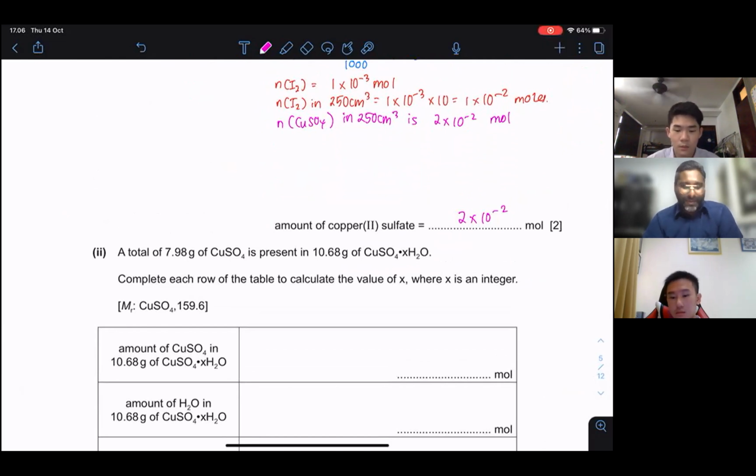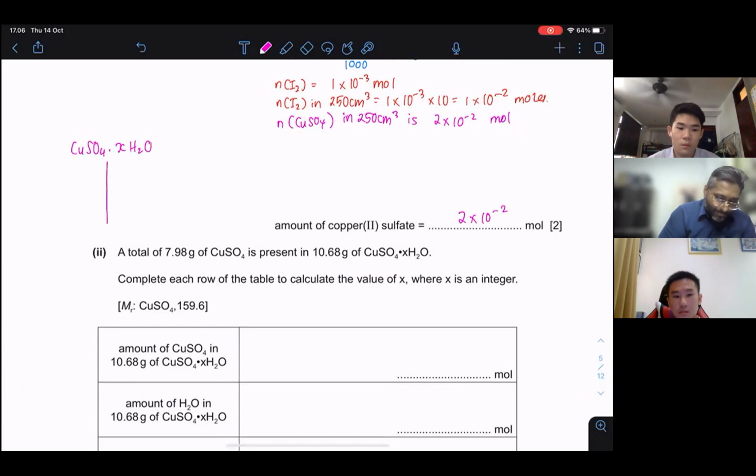What does it mean? If I have copper sulfate dot X H2O, I can divide them. This is copper sulfate, and the remaining is water. If I separate, and I want to find out the mass of copper sulfate alone, you see copper sulfate alone,